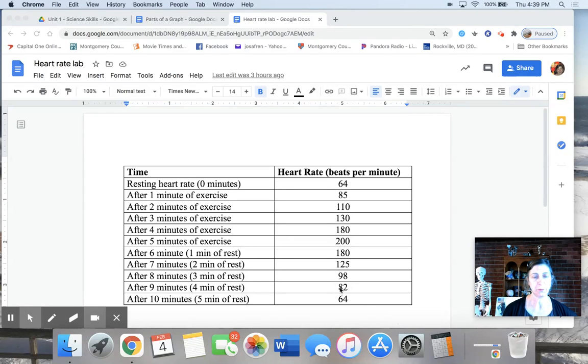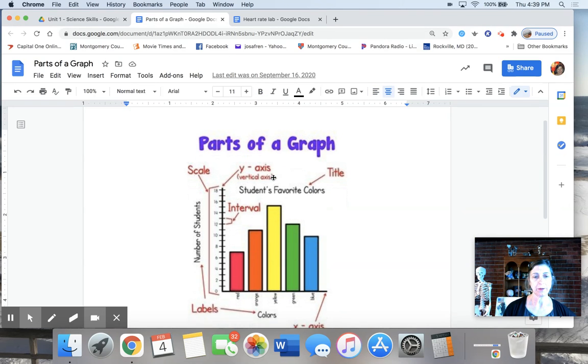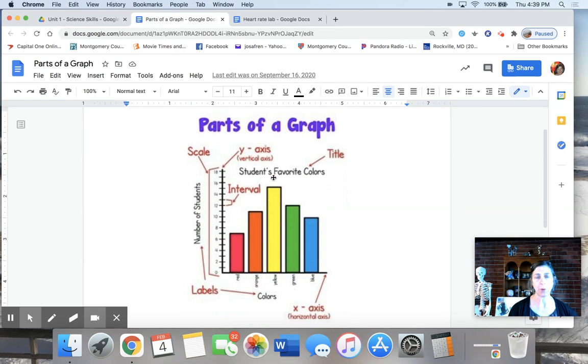How to make a graph in Google Sheets. This is a reminder video on how to do that. So I have my data here, and I need to get my data from the Heart Rate Lab into Google Sheets and a graph. Now, it might be helpful if you find in your notebooks this diagram, parts of a